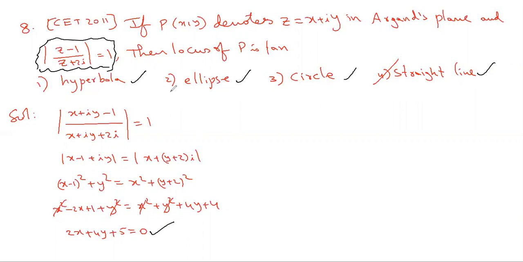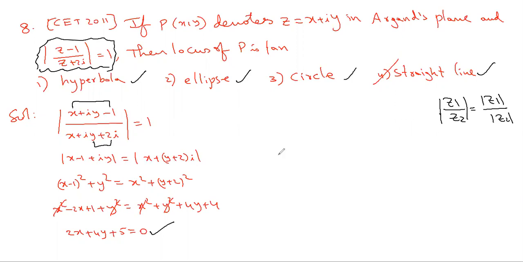As it is not a multi-correct answer type question, let us first simplify by substituting z is equal to x plus iy. After substituting z is equal to x plus iy, I use the property mod z1 by z2. See, almost in every alternate problem, we are using this mod z1 by mod z2. After that, I sent the denominator to the other side. In that process, I wrote the real parts together and imaginary parts together.